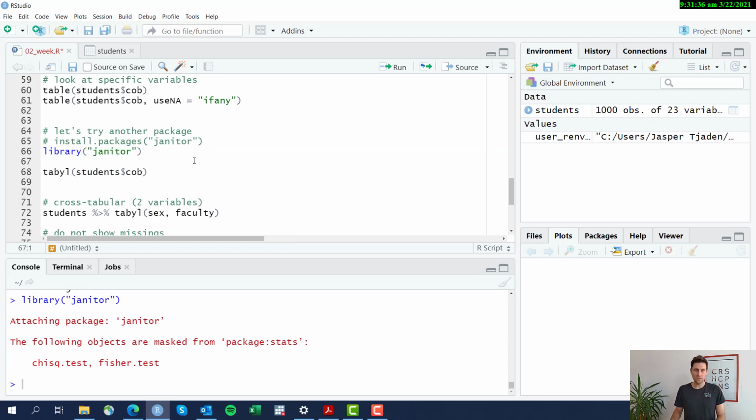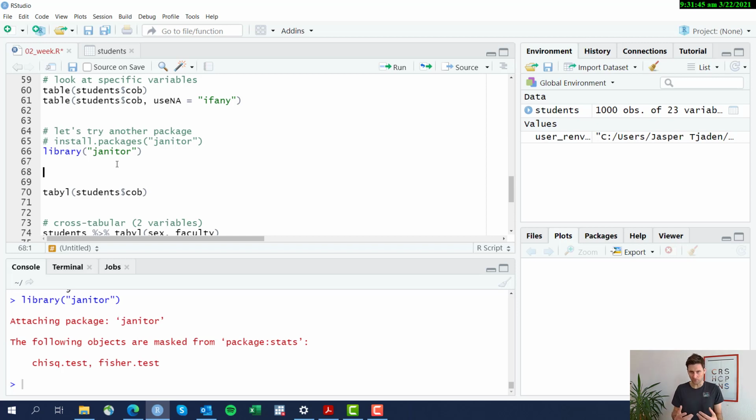Within the janitor package, there is a function called tabyl. Now let's use the help function in R to figure out what it does. I want to get some more information about it. One way to do that is just type a question mark and the function name,